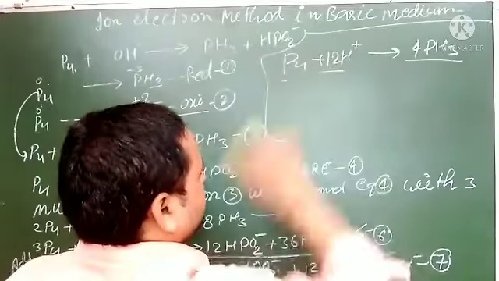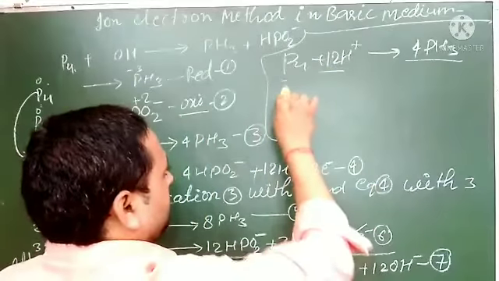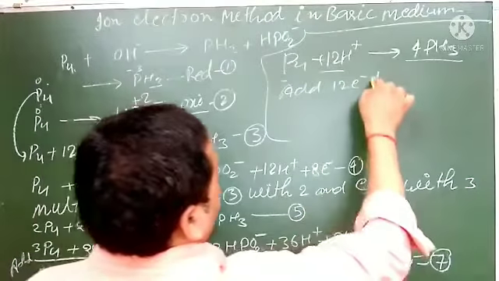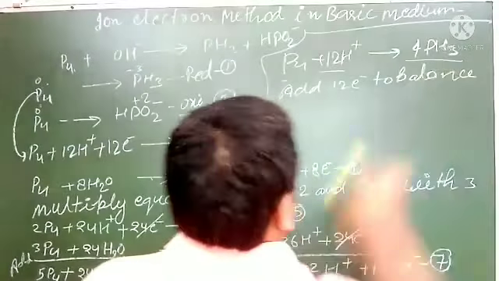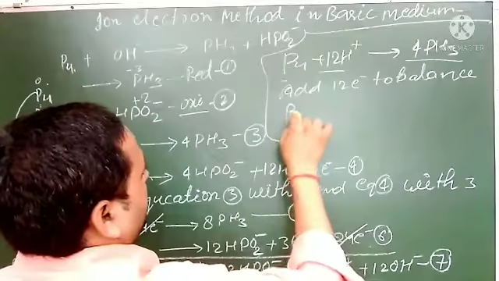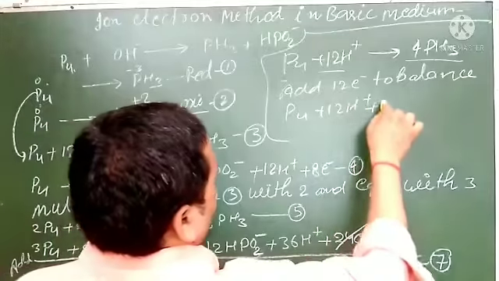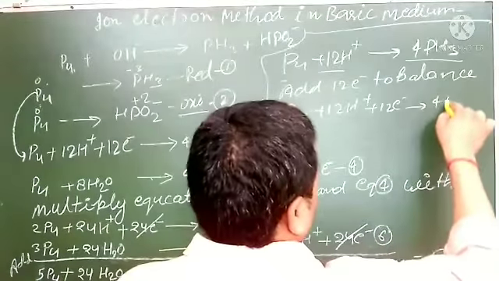This side has 12 charge, that side no charge. So we will add 12 electrons to balance the charge. So P4 plus 12 H plus plus 12 electrons gives 4